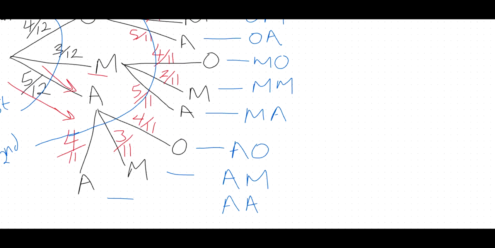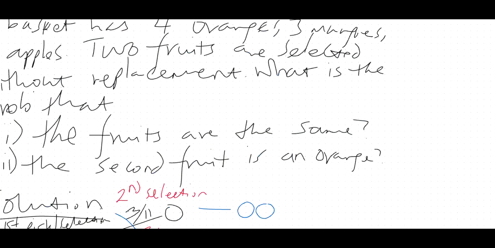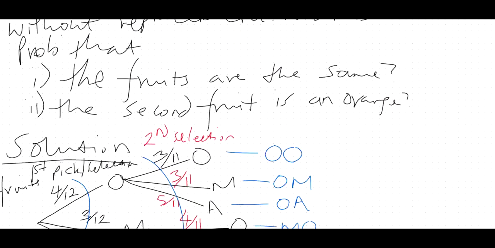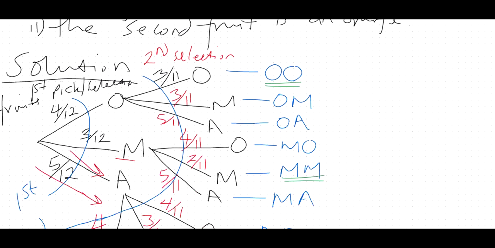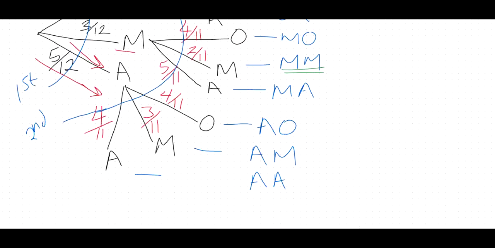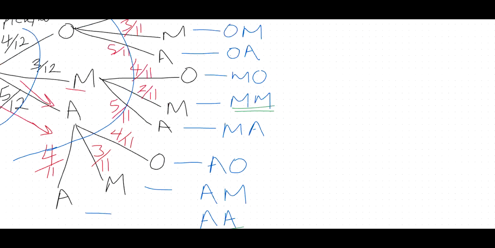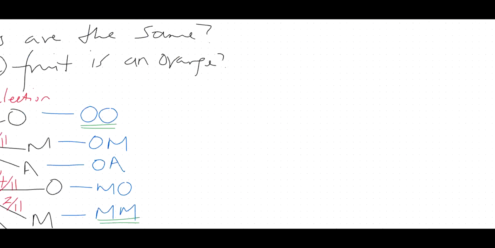Okay. So now if we go back to our questions up there, what is the probability that the fruits are the same? So the same means that it could either be an orange and an orange, or mango and another mango, or an apple and another apple there. Okay, and therefore you can write this as probability,